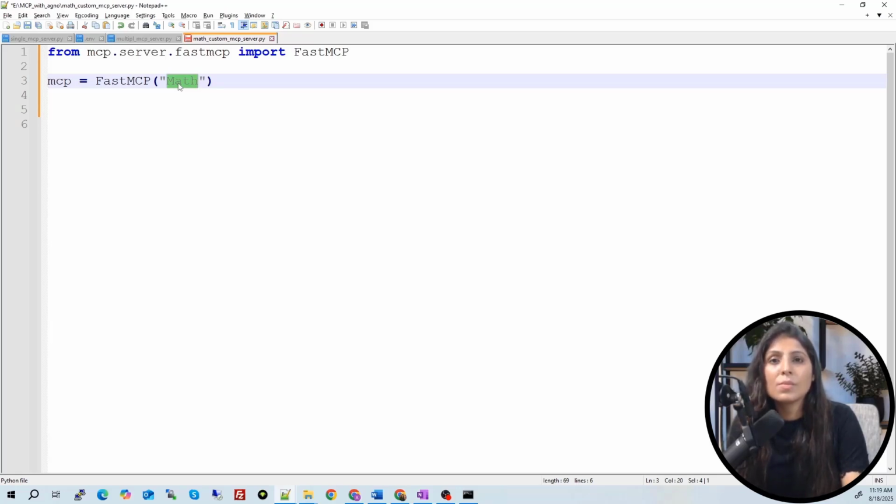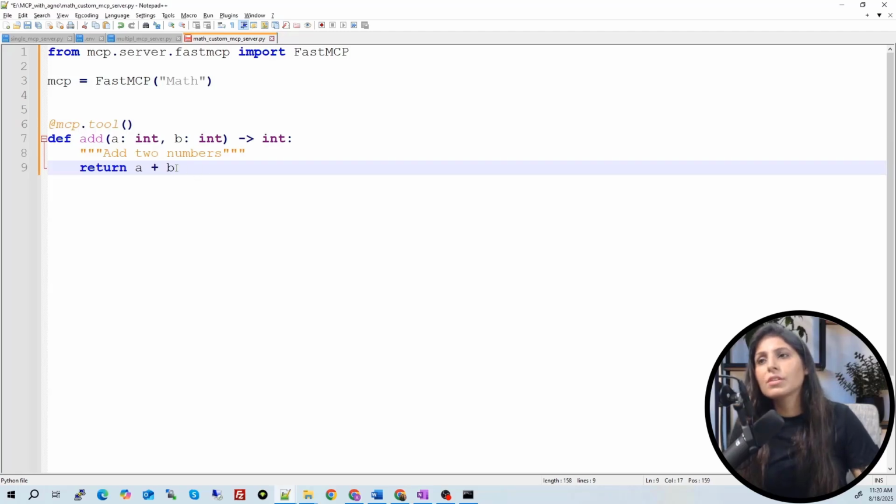Every MCP server will have some set of tools. Why are we connecting with an MCP server? We are connecting with the MCP server so that we can use the tools which are there on that MCP server. So let's write a few basic tools like addition, subtraction, multiplication, division. Let's write 4 Python functions. Python functions are tools only. So we will write 4 Python functions over here, and then we will save it and use it.